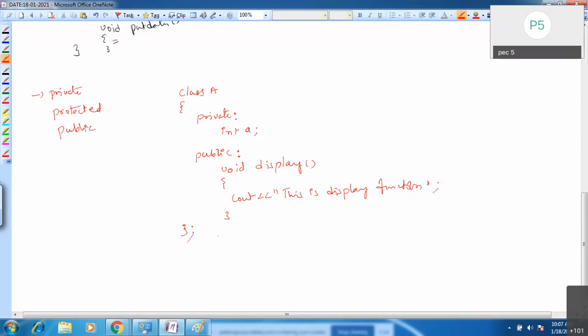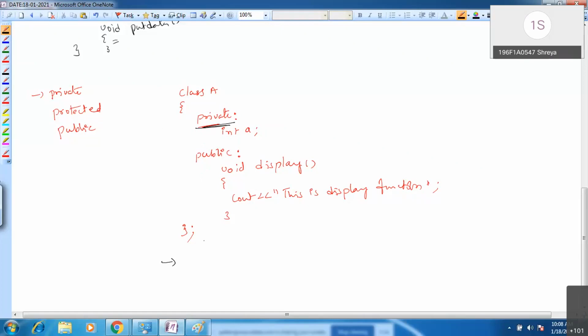You can use access specifiers inside the class. When we talk about these private members, can we access them outside the class? No, sir.